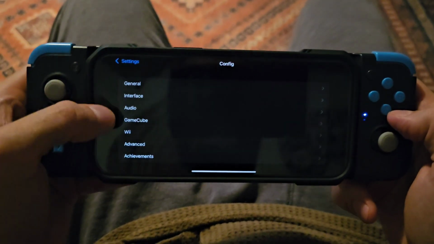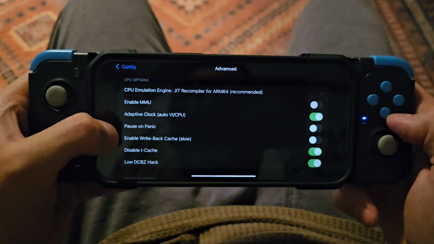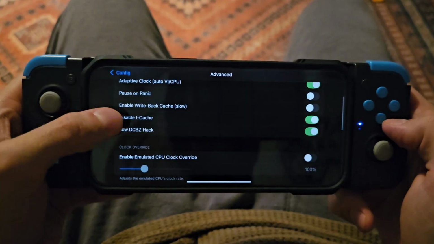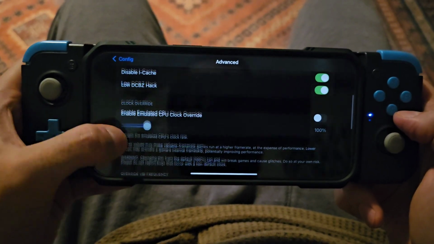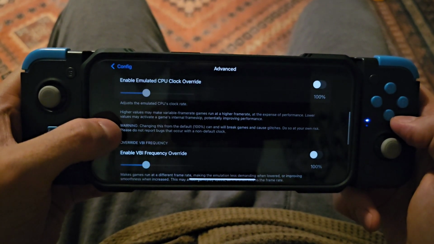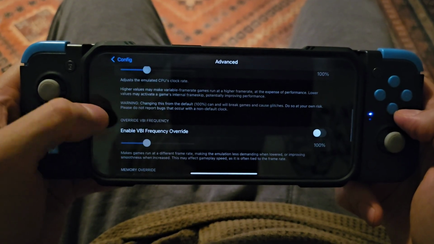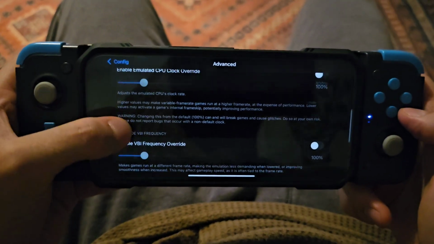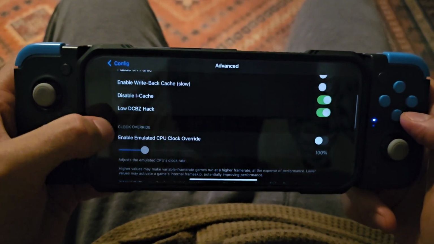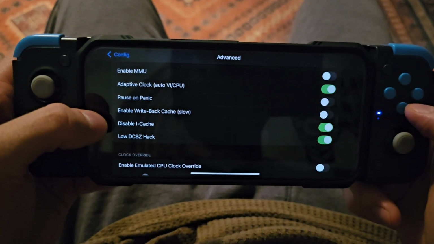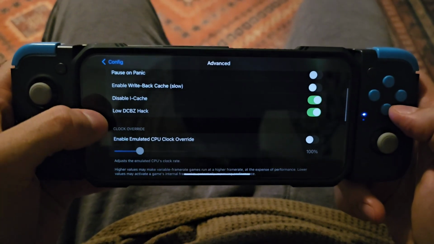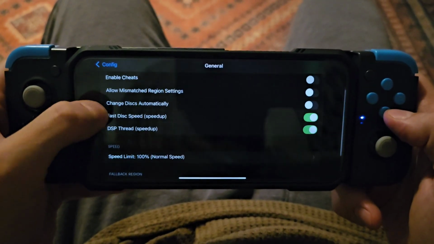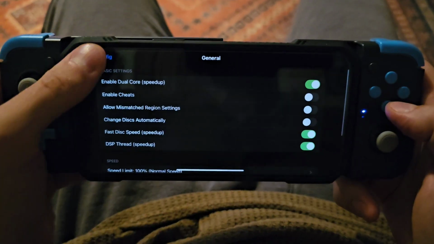The other settings that I have here are basically defaults, but the ones you're going to be looking at are this adaptive clock here, and some of these other ones you can mess around with. The emulated CPU clock override and the VBI frequency override are settings you're going to want to mess around with. I'm going to leave them default for this video because you can configure these in many different ways to get different results. I just want to show you the default settings here. Default settings with a default performance. But everything is basically